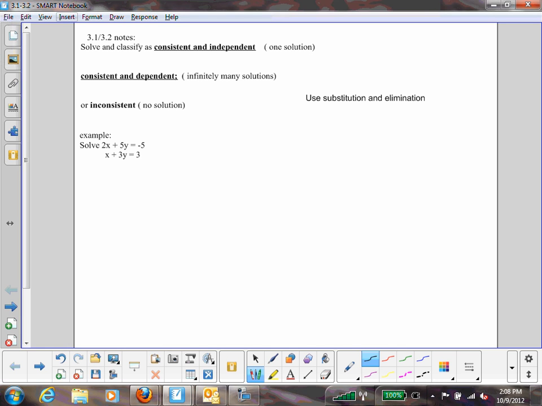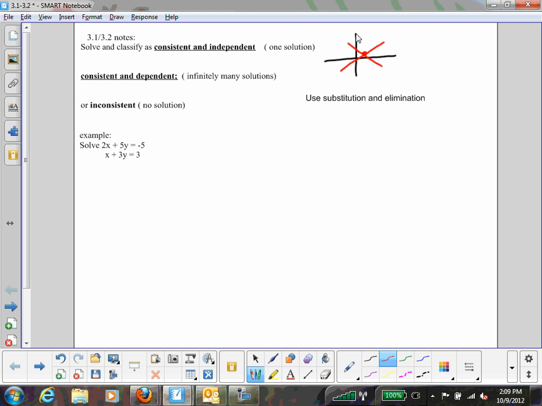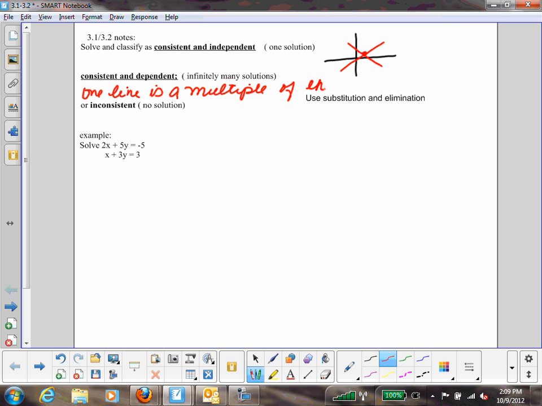We think about lines that intersect. So if this is my xy axis, lines that intersect have one solution and are considered to be consistent and independent. If we have lines that are consistent and dependent, what we're thinking about is one line is a multiple of the other